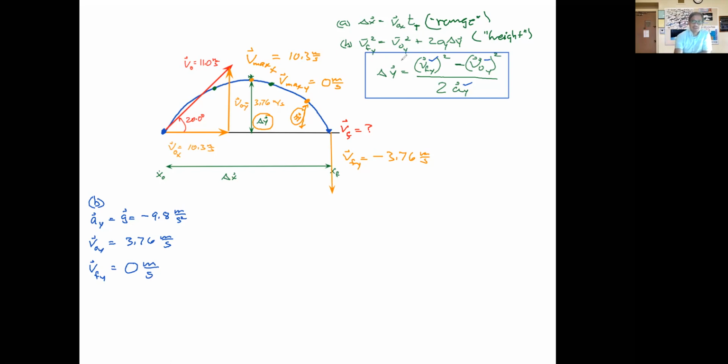So there it is. We have everything we need now to solve for the vertical distance, the height. So let's go ahead and plug it in and solve for that height. Let me go and do that really quickly. A little low on time here again. So these problems, folks, we are going slow, but I'm going slow intentionally. Hopefully, at some point you won't need to do all this. You're kind of doing all this in your head. So with that said, I'm going to plug in the v final squared minus v initial, which is going to be positive 3.76 meters per second squared, and that's going to be all over